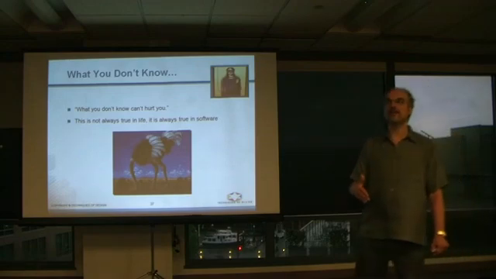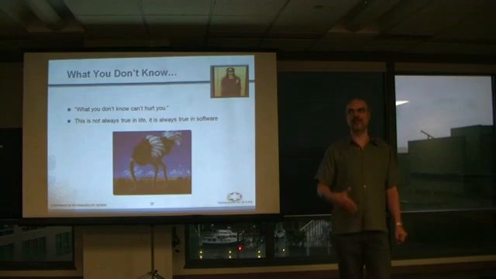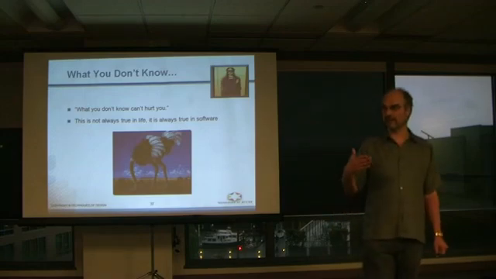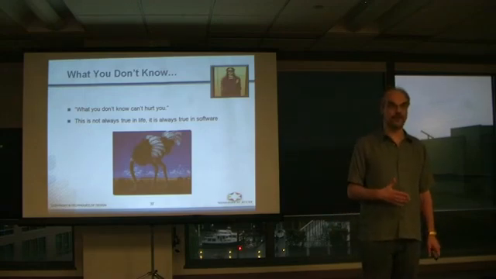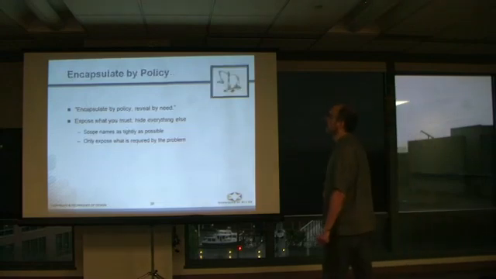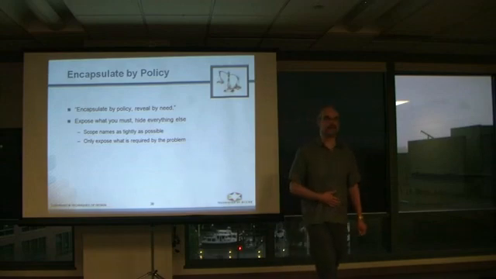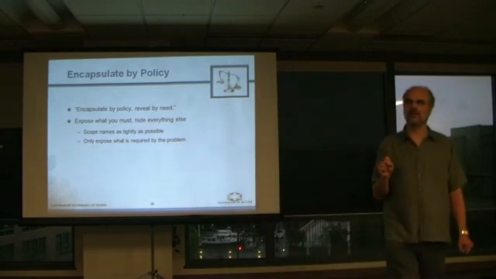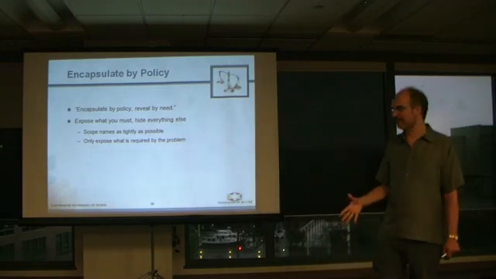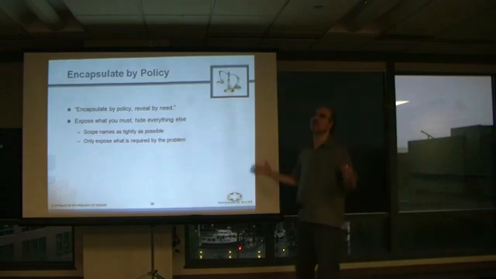If you don't know about it, you cannot couple to it. You are not dependent on it, and therefore it can change and you will not be affected. So that's kind of a good thing. And we say encapsulate by policy, reveal by need. That is, make our scope as tight as possible. Start with making our data private. And then if we need to expose it more, then we can expose it later.